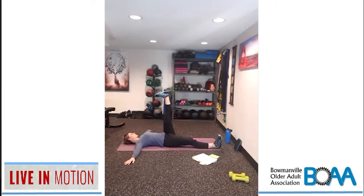So nice big lift to the sky. Try to straighten out that leg if you can. I know the hamstring tends to be a little bit on the tight side. For 1, 2, 3, 4,